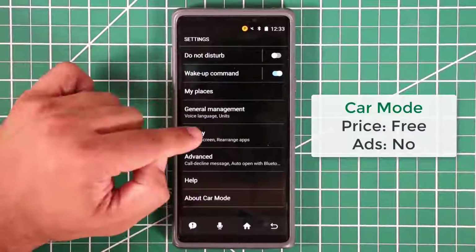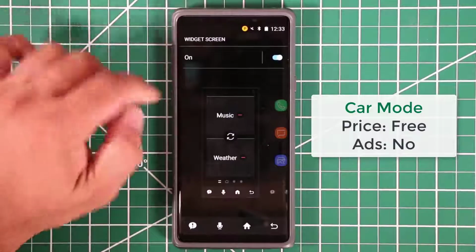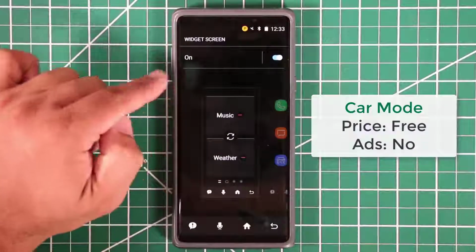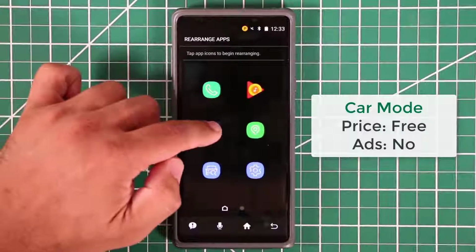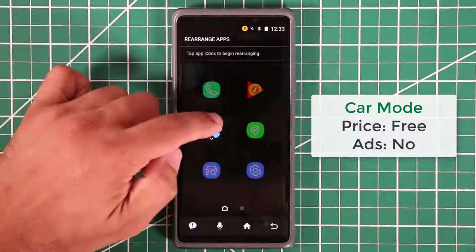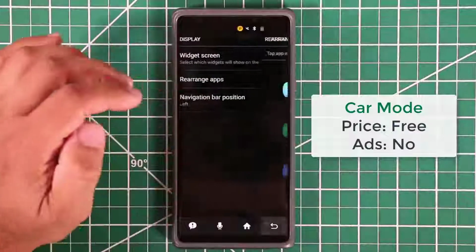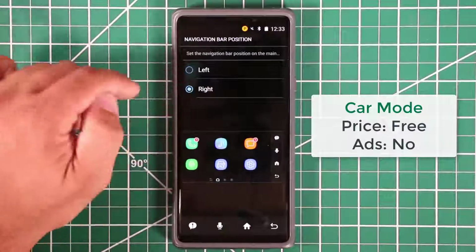One thing I do like is if you go to the display, you can go to the widget screens and you can rearrange all the widgets from here. Okay, so you can do that. You can rearrange the app, so I can take this one over here and put it over here. If I tap this guy, I can just go like this. Boom, it's now upstairs. I can actually change the navigation bar position as well, so I can go like this